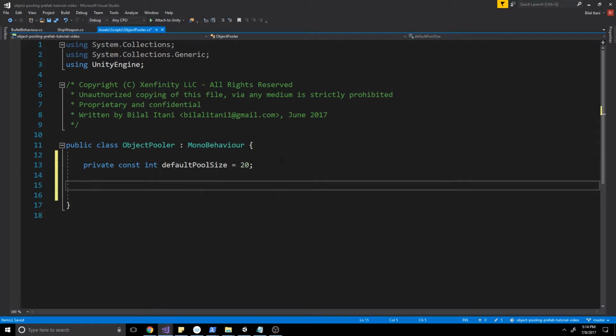Okay, so let's also create a Boolean here that will tell us if we should expand or not. So expandWhenNecessary. And when I say expand or not, I mean whenever we retrieve an object, if our pool is too small and every object is unavailable for being reused at the time, then we'll add some more new objects to the pool by expanding,